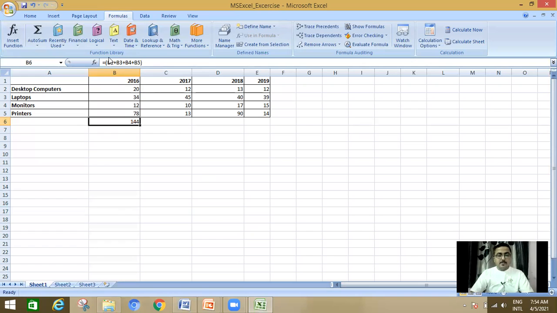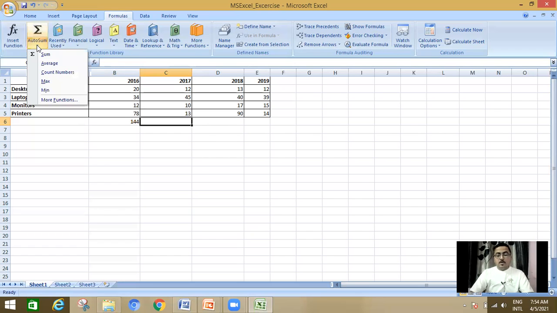This is known as a formula. Now, I want to use an inbuilt function, sum. So how is it to be done? You have to click where you want to print the result. Go to the option available in the function library. For example, I have to calculate sum, average, count, max, min, and many more. So I have to use sum.